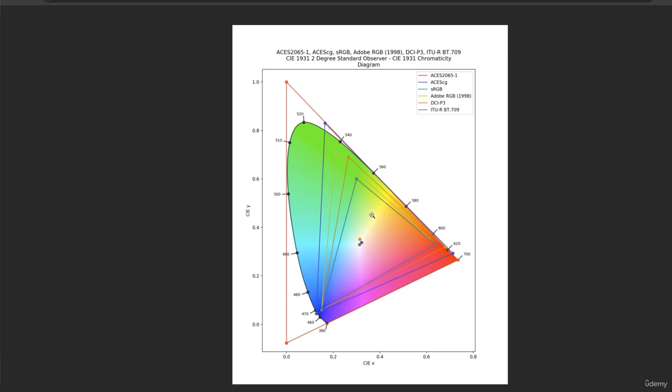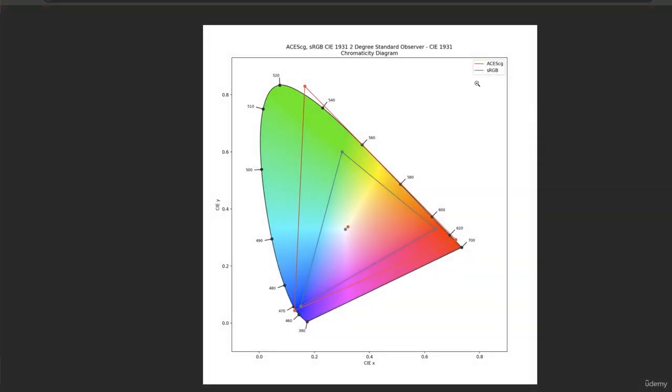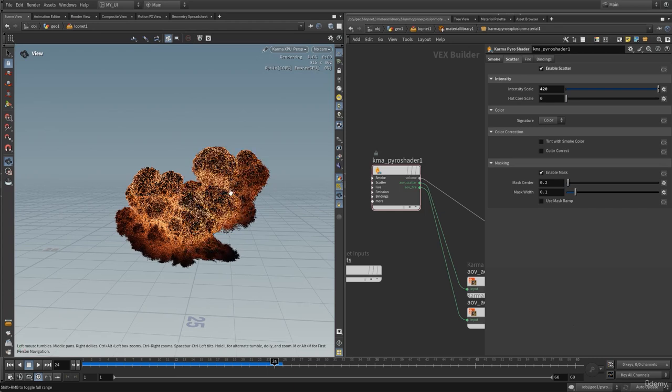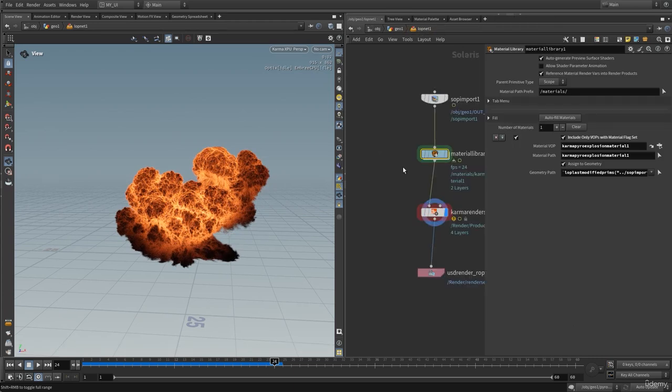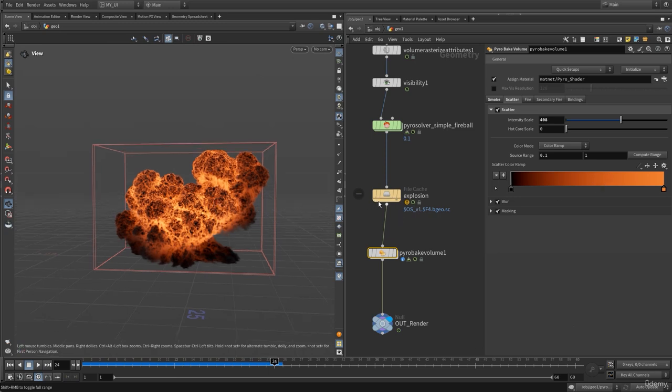sRGB only supports just these kinds of shades of the colors, and on the other hand ACES supports all of the colors, so it's a much wider color gamut. And here we have another comparison between ACES CG and sRGB, and here we can clearly see the difference, how wide this color gamut is. These are explosion materials, these colors. If we go back, all of these colors are based on ACES, and we need to use the ACES colors